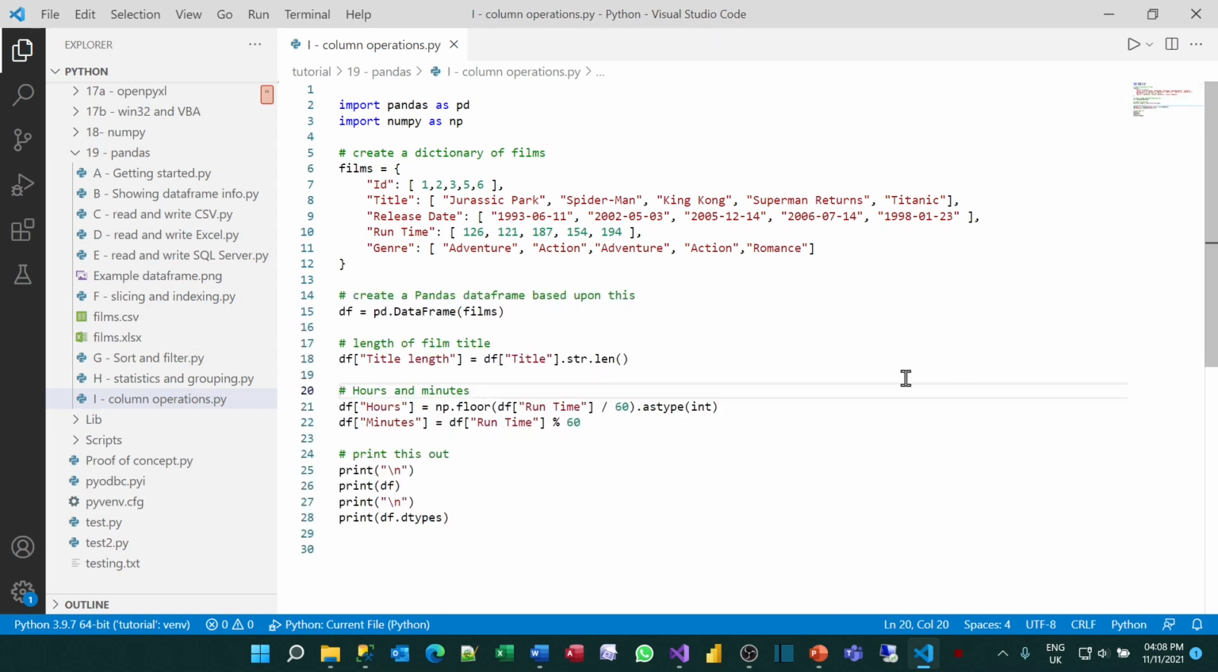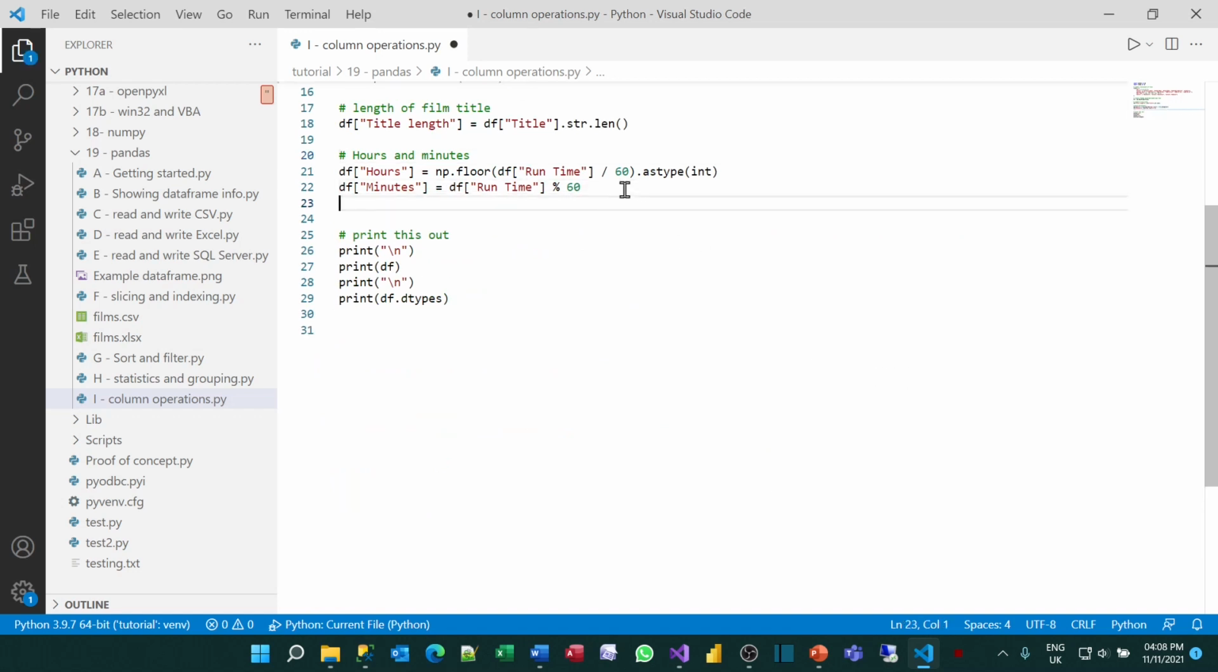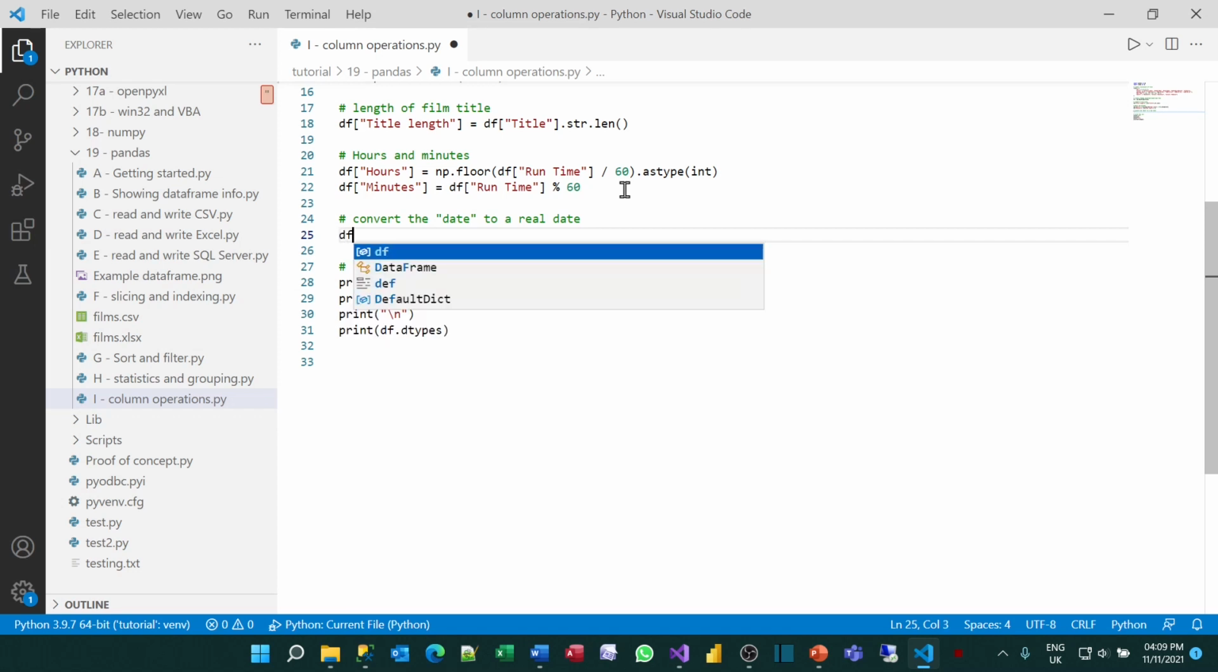So the final thing I said we'd do now is the dates. So what I need to do is convert the date, I'll put it in quotation marks because it's an object at the moment, to a real date. Now obviously this will only work if they really are dates. So they've got to be something which Python can actually understand as dates. Otherwise you'd need to cleanse your data before you do this. So we'll create a new column called rel date. And what I'll do is set that to be